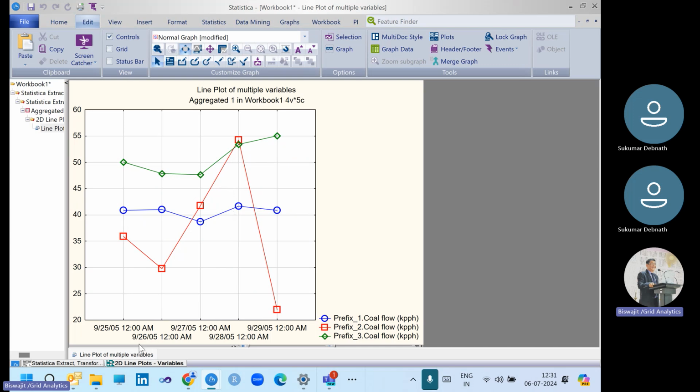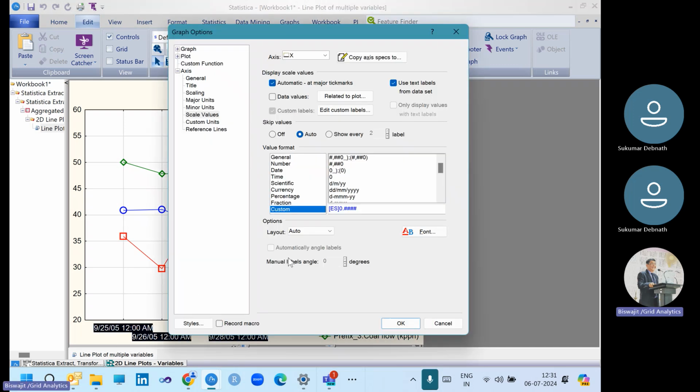So here, what I can see is the cold flow of the cyclone, the plant 2, it has got more consistent cold flow. I can see the cold flow for the cyclone 2, the 2-number plant, it has got a lot of variation. I can see the time. Suppose I wanted to see the time and I wanted to do a little more of this. Can go to this,